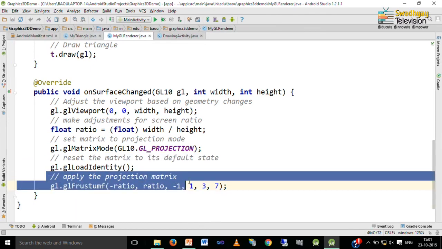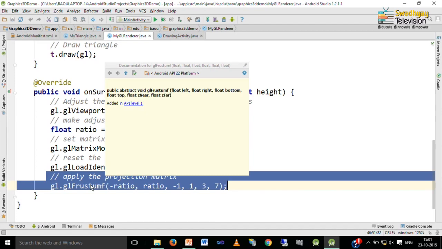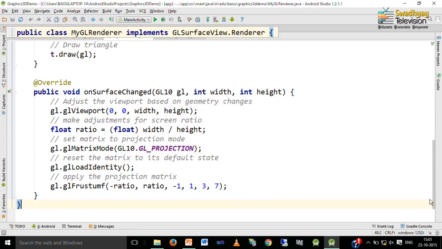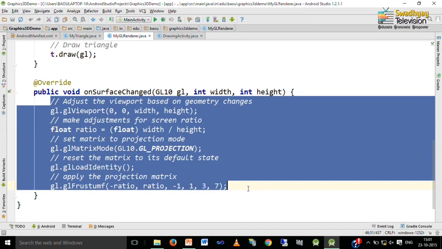Finally we apply the projection matrix using the glFrustumf method, which takes 6 arguments: left, right, bottom, top, zNear and zFar. You can understand all these methods better by looking at their documentation.